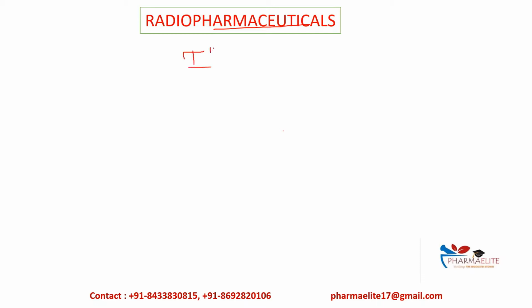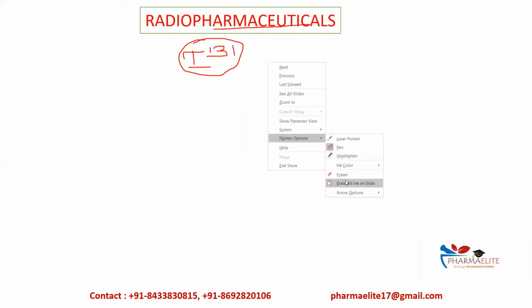This iodine 131 is radioactive iodine and is used in the treatment of hyperthyroidism, which may be due to Graves disease or maybe due to toxic nodular goiter. So you must have heard many such examples. In this particular topic, we will be dealing with various different types of applications of radiopharmaceuticals. Then we will also see the harmful effects caused by these radioactive materials on our body, and many more things. So now let's start with the actual topic.